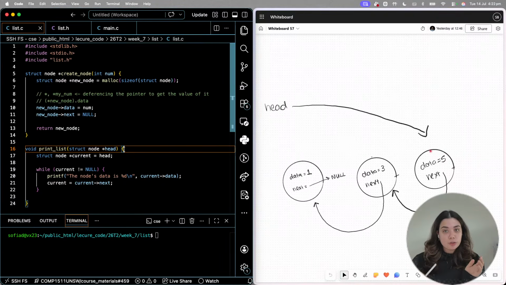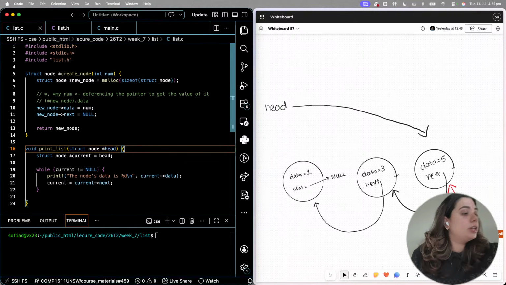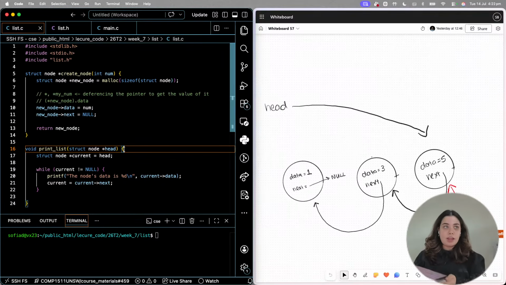To do this, we use what's called a current pointer to track our current position in the list. It's just an iterator, similar to how you might use i or j or row or column, but it is a pointer to a struct node. So we create a pointer variable called current, and it's going to point to whatever head points to in our list. In this case, it's our first node here with data value equal to 5. So now that it's pointing to our data node with 5, we can go ahead